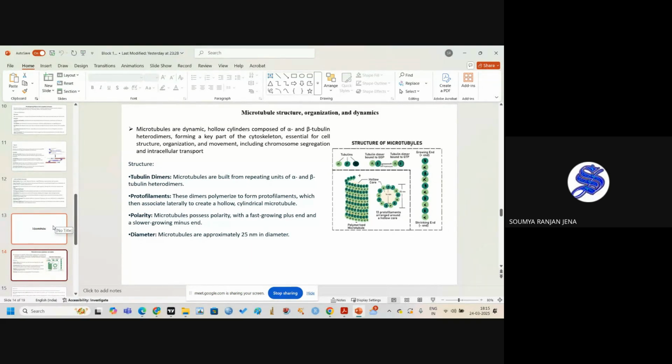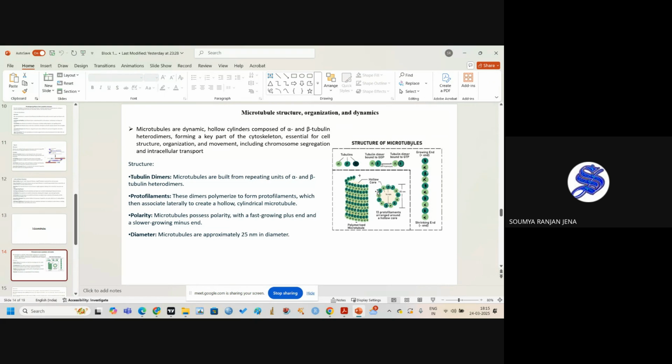Then we go to the next cytoskeleton component, which is called the microtubule. Microtubules are dynamic, hollow, cylinder-like structures composed of two major proteins: alpha and beta tubulin, and these alpha and beta tubulins are heterodimers. In actin, the G proteins are homodimers, but here alpha and beta tubulins are heterodimers,